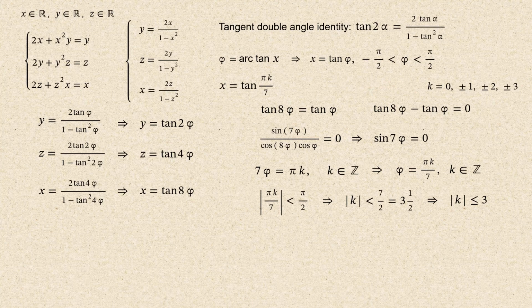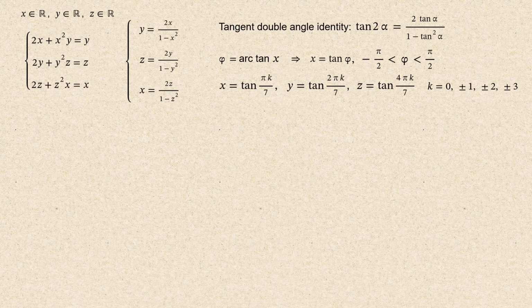Then from the expression for y, we find y equals tangent of 2 pi k over 7 with same values of k. And from the equation for z, we find z equals tangent of 4 pi k over 7. And we need to ensure that all tangent values are defined, because as opposed to sine and cosine, tangent value is not always defined. This happens because tangent is actually sine divided by cosine, and when cosine is 0, the